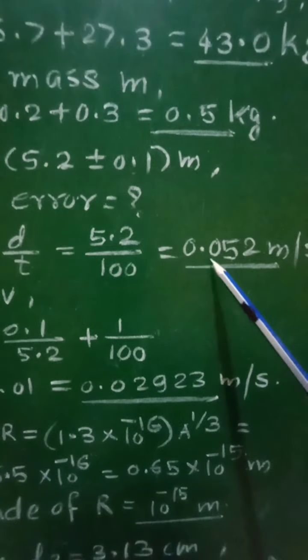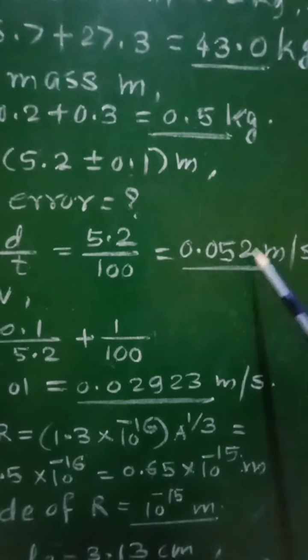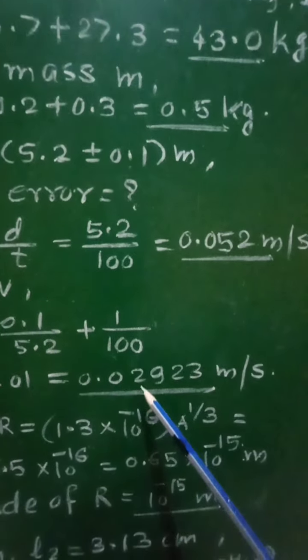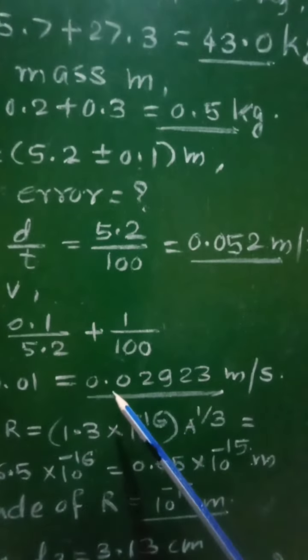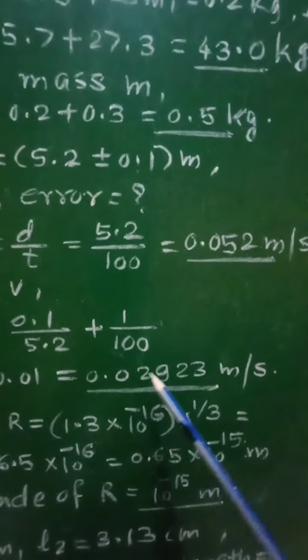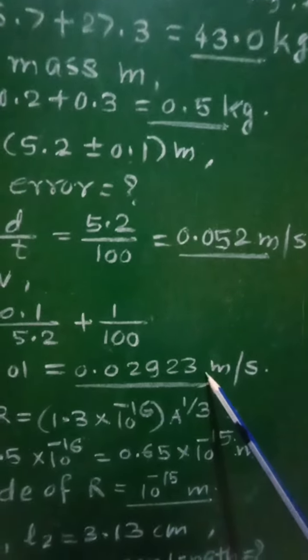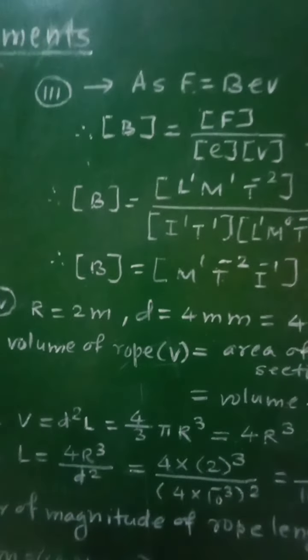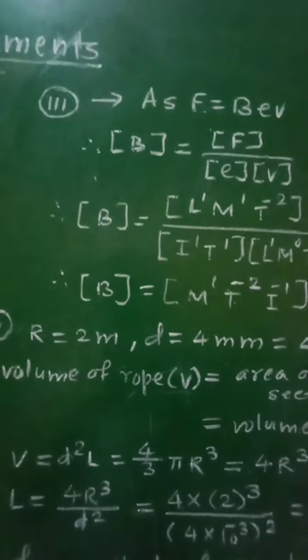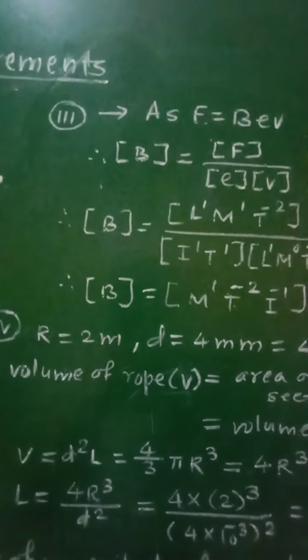So for this numerical, the average speed is 0.052 meter per second and the relative error in the measurement of phi is 0.02923. Now let us see numerical number 3, which is given as: an electron with charge E